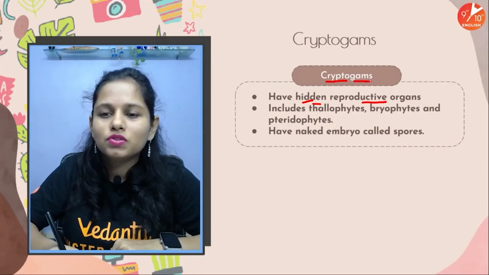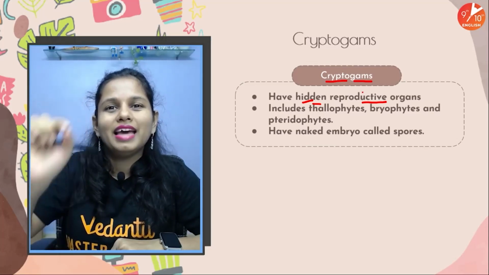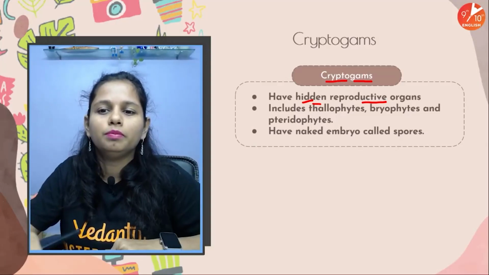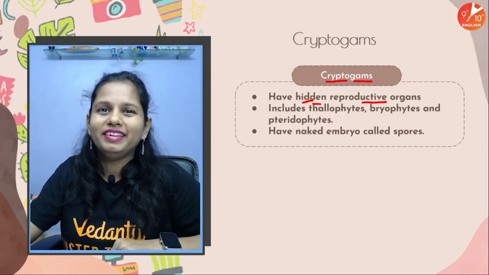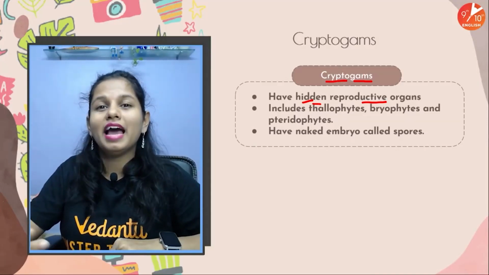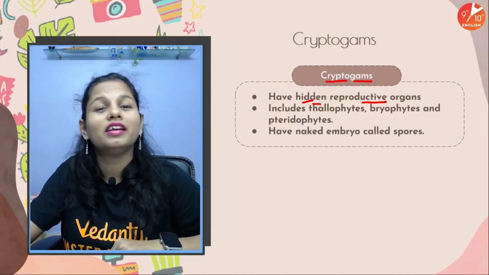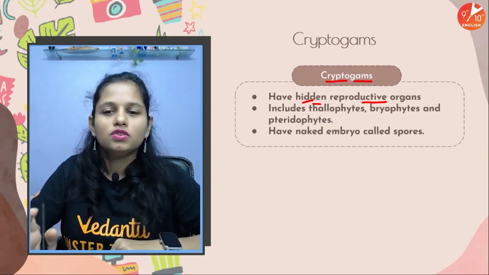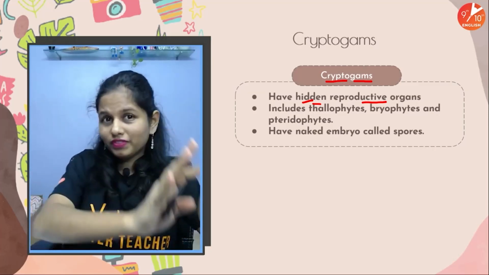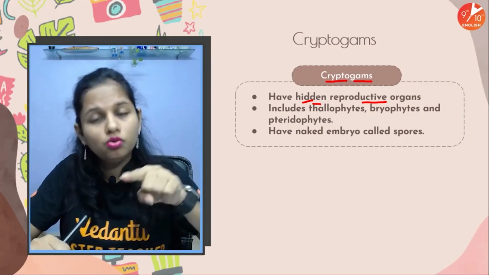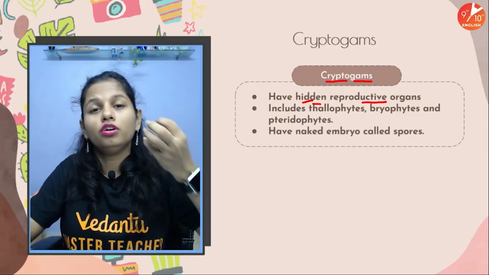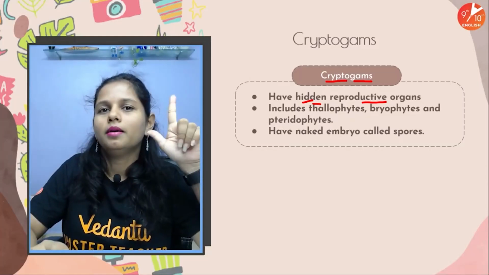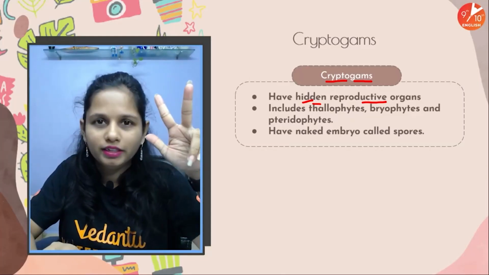So gams means wedding. Okay, shadi. So cryptogams, do they marry secretly? No. The gamete producing organs or their reproductive organs, which we say, they are hidden. Okay, so yeah, cryptogams, they have hidden reproductive organs. They do have, but it is not easily visible to everyone. And then there are three divisions: Thalophyta, Bryophyta, and Pteridophyta.